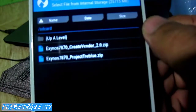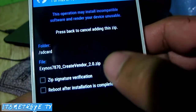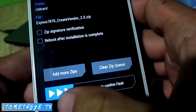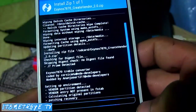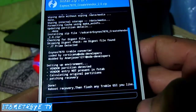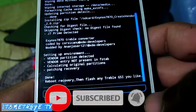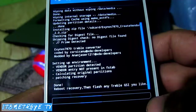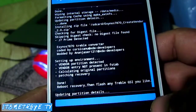So first, install the Create Vendor. Swipe to confirm flash. It should be like this. And after flashing this zip file,